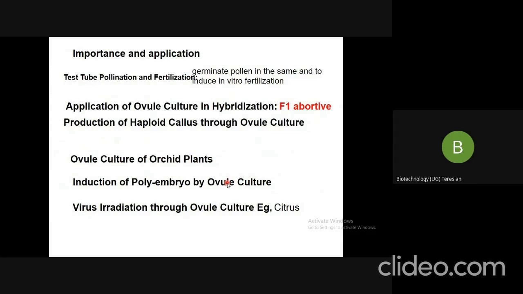Isolated ovule culture as early as the zygote or 2 or 4 cell pro-embryo stage is of considerable importance. We spoke about the pro-embryos. These are very important, the early stages of your zygote, containing just 4 cells of the pro-embryo, the starting stage. Ovule culture is a boon for plant breeders in obtaining seedlings from crosses which are normally unsuccessful because of abortive embryos.